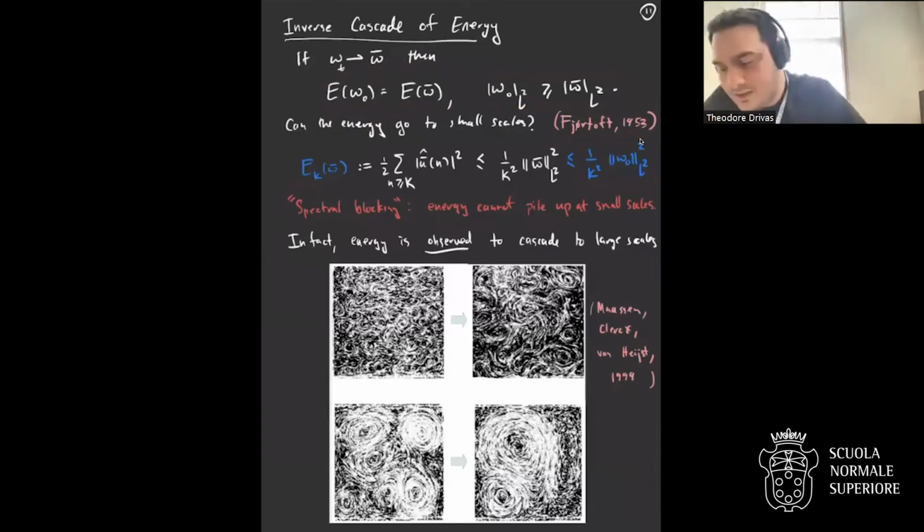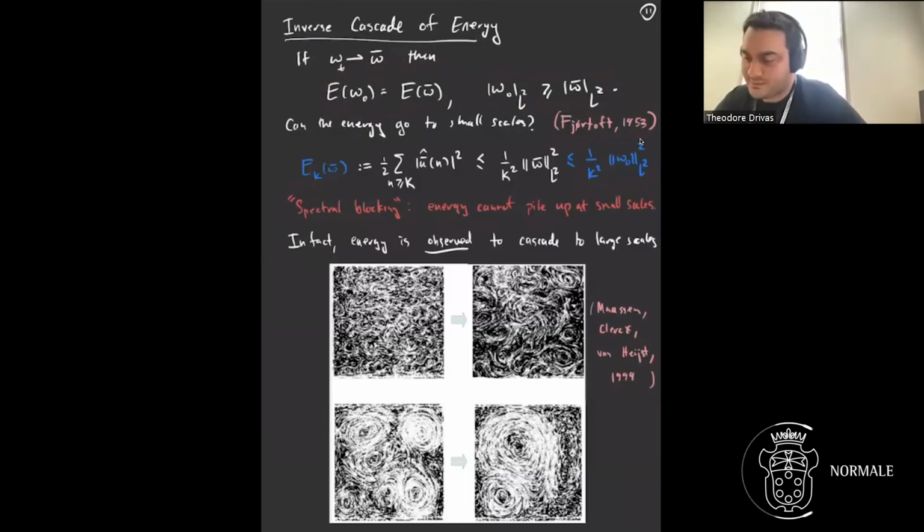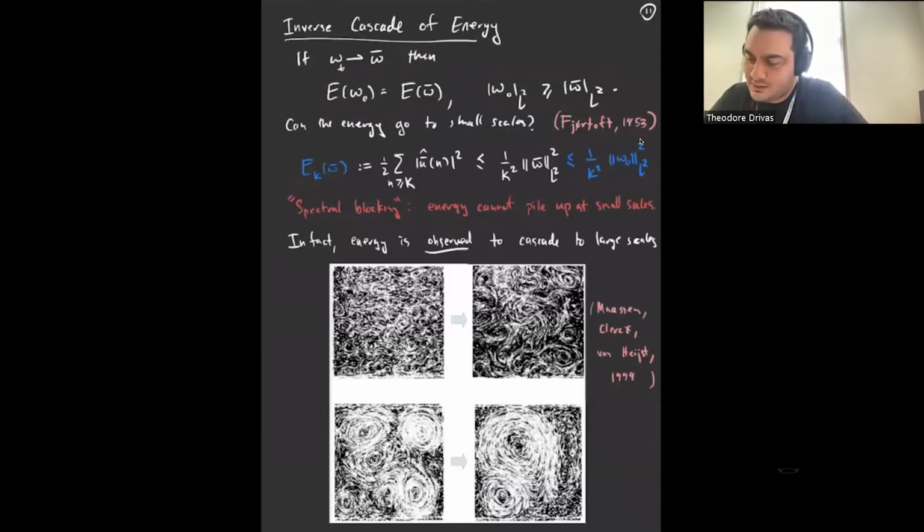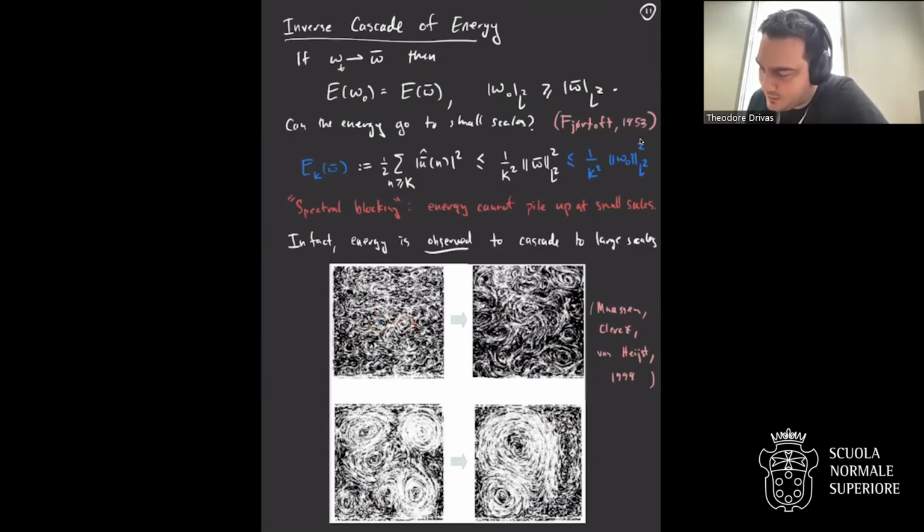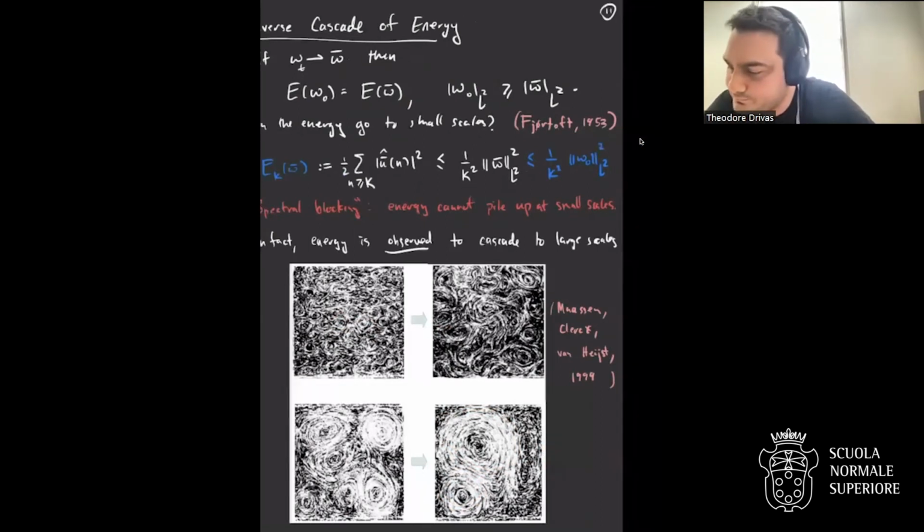But actually what's seen in 2D is more than that. It's that energy is really cascading up from small scales to large scales. This is called the inverse cascade. And if you look, say, in experiments, then initially, if you start out with vortical structures that are small relative to the scale of the domain, over time, these things merge and the late time behavior has vortices that occupy the largest scale that they can. So this is what we should have in mind for what the long time behavior may look like.